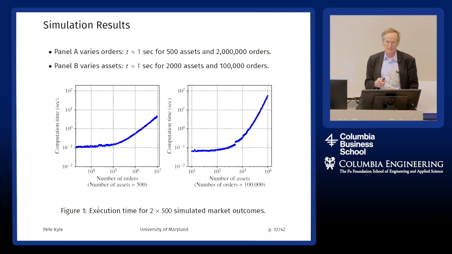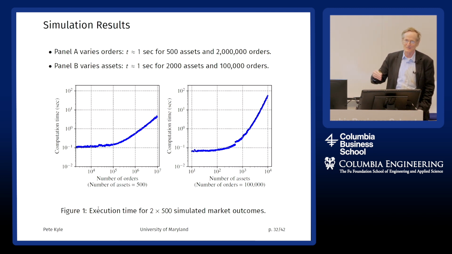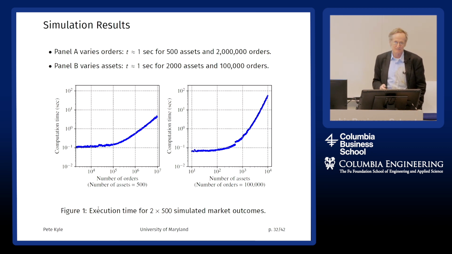And that works pretty well, but it doesn't work well when you get to 10,000 assets, because the Cholesky decomposition is an n-cubed algorithm. So every time you multiply the number of assets by a factor of 10, you multiply the computation time of that decomposition by a factor of 1,000. Anyway, we think these simulation results are kind of a proof of concept, and we're still playing around with algorithms and still trying to improve on what we're doing.